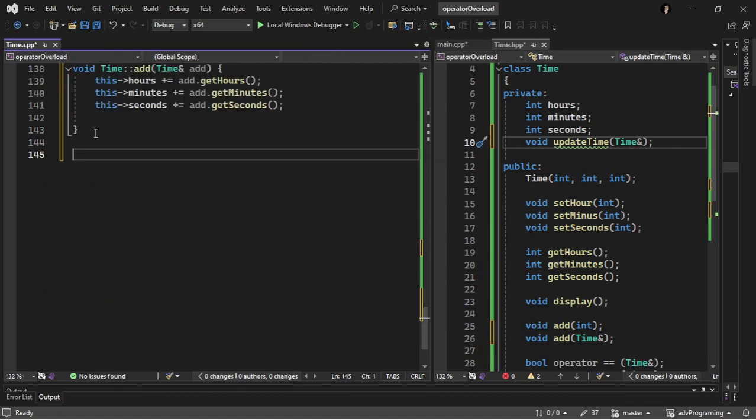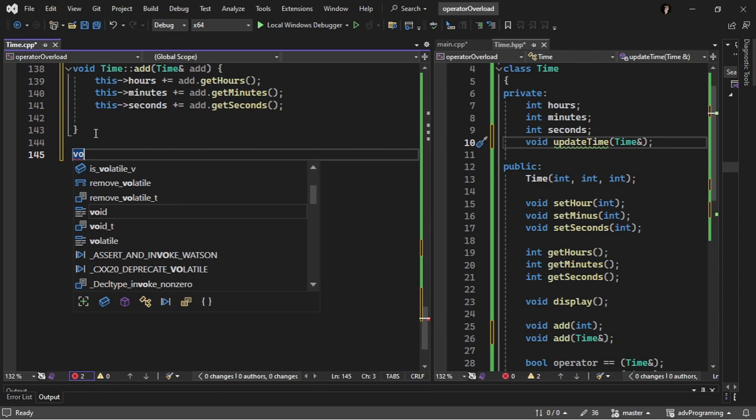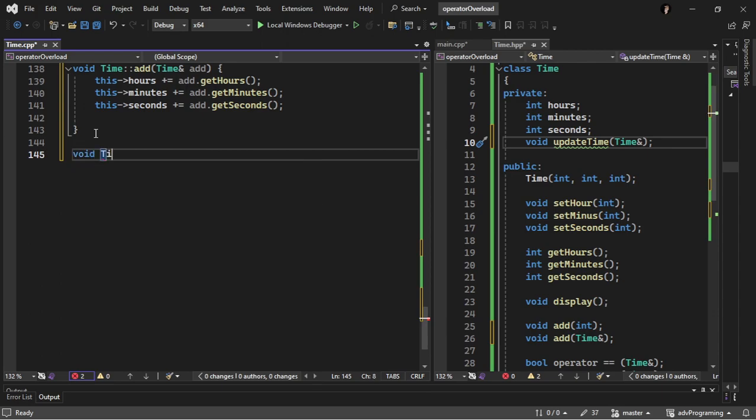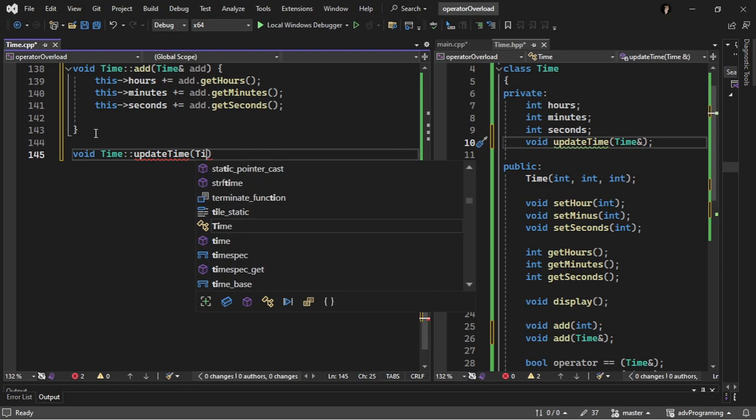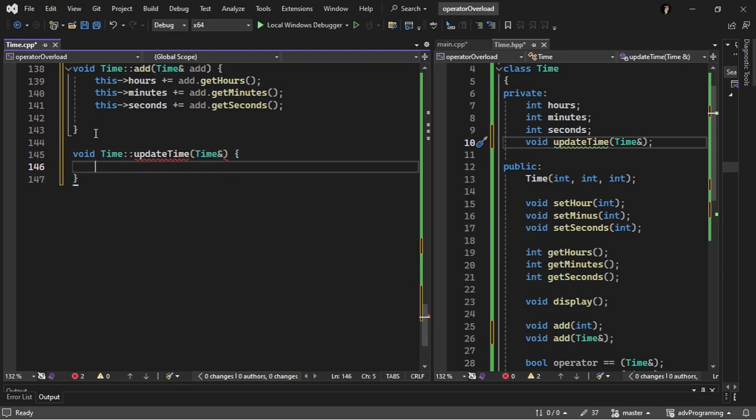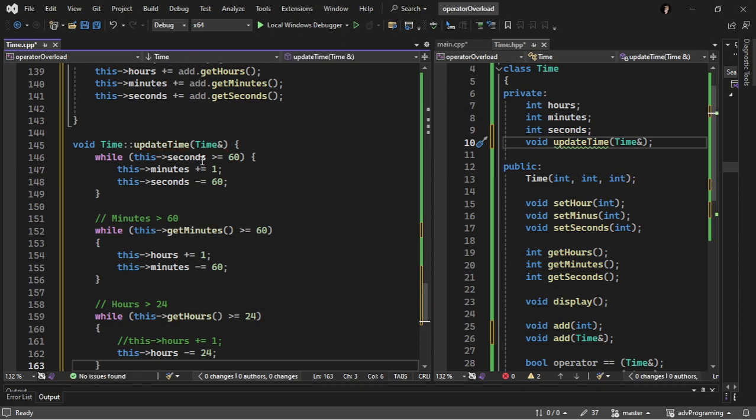Okay, I'm just going to put it down here. Void time. I think it's update time, and then update, and then time. Yeah, this one. Yeah, just modify